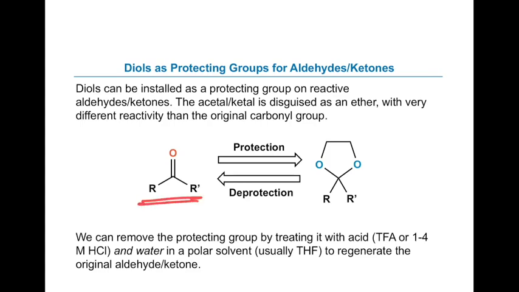So if I have a molecule with a carbonyl, I can temporarily install this cyclic acetal using catalytic acid, strip out the water, Le Chatelier, and then when I'm done, I can do a whole bunch of other chemistry over here that might actually react with that carbonyl. If there was something like an aryl halide or an acid halide, I can now go through and protect my carbonyl compound, then go do chemistry in this part, and then all I have to do to deprotect it is add water, add a catalytic acid, strip out the alcohol, and run the reaction backwards, re-exposing the carbonyl.